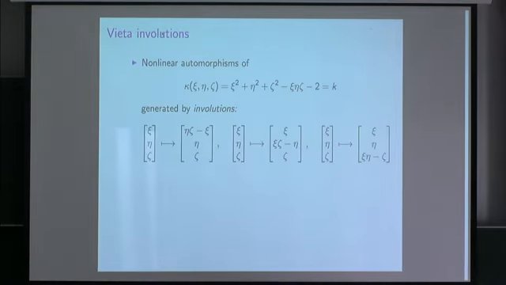So the automorphism group, as I mentioned, is quite big. This polynomial is symmetric. It also has some linear automorphisms where you change the signs of two of the variables and keep the other one fixed. That corresponds to lifting from PSL2, which is maybe more natural geometrically, to SL2. So those are not so interesting. On the other hand, there are some involutions that are quite interesting, and these generate most of the modular group.